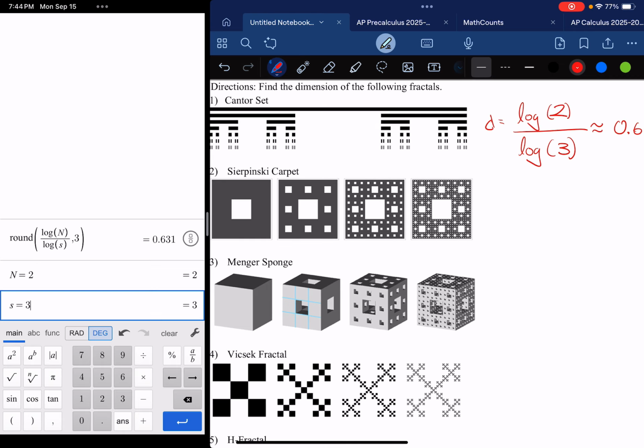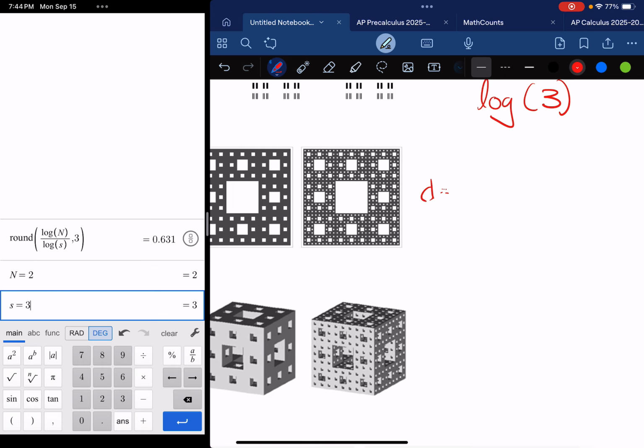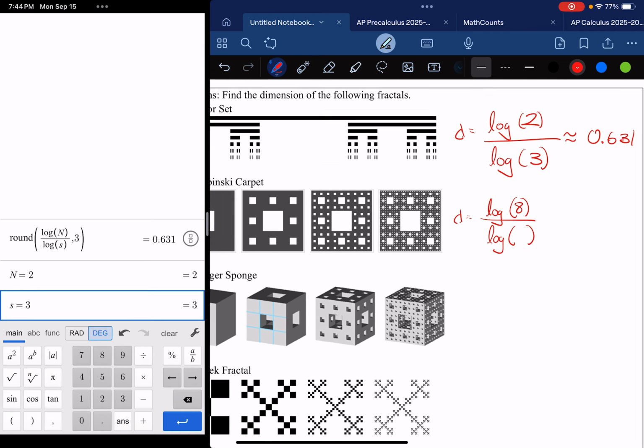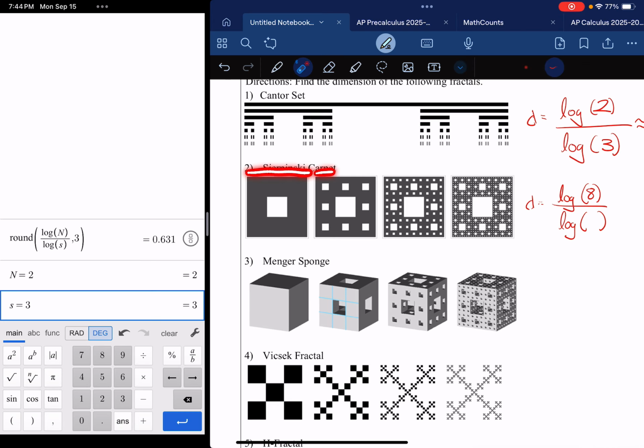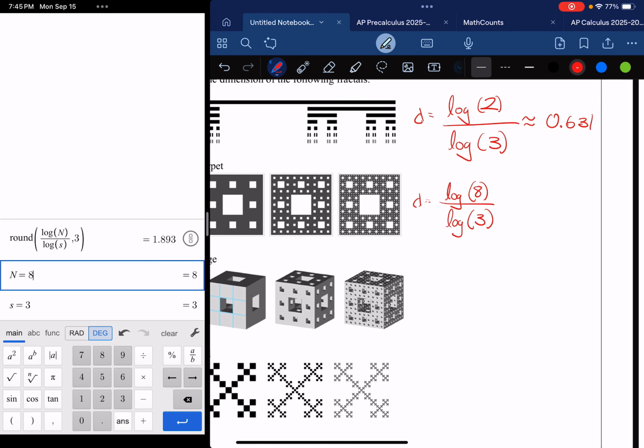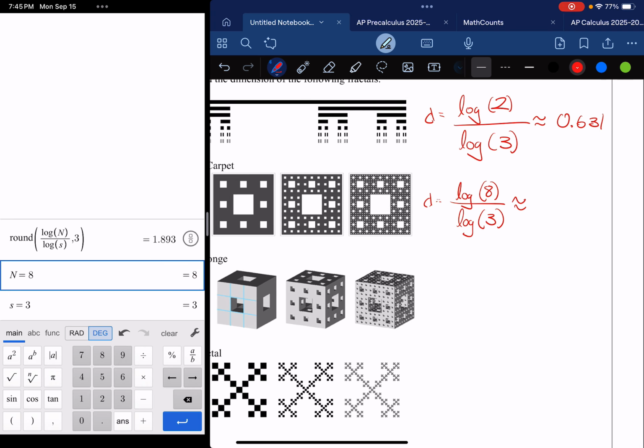So in this case, my dimension is equal to log of how many pieces? I saw 8 pieces, over log of, okay, I have to be really careful here. For my scale factor, it's always talking about side length, not area. So the side length, remember up here, I used to have a side length of 1, and now it's 1, 2, 3, meaning each of these pieces is 1/3 in terms of its side length. So I'm multiplying by 1/3, and then I always take the reciprocal and say that means I'm reducing by a factor of 3. The bottom is 3 again, so I don't have to change that. I can just say that n now is 8. And that means I'm living in the dimension roughly, again, I'm approximating, rounding to 3 decimals,